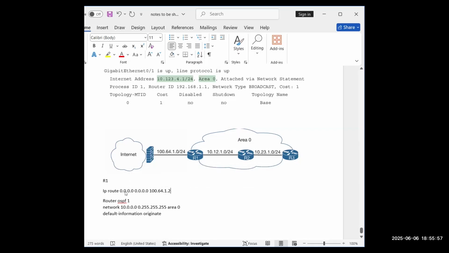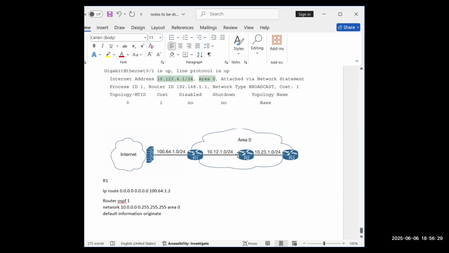In this case, I've added only one default route. I can add multiple default routes, okay? One for the file server or one to access the cloud, or the server hosted in cloud, anything. This is the command, that's it. So once you have published this default route inside OSPF for R1, that means it automatically says to R2